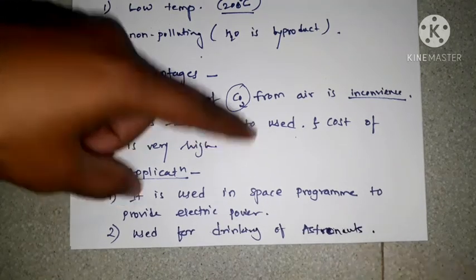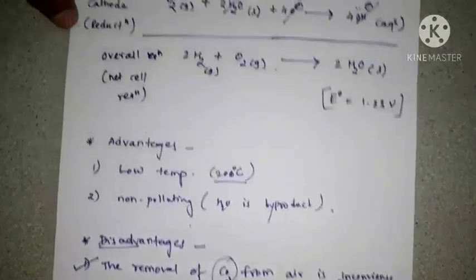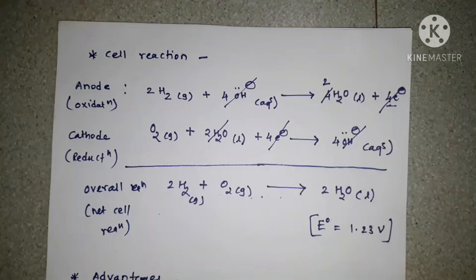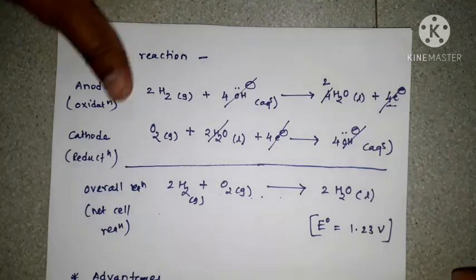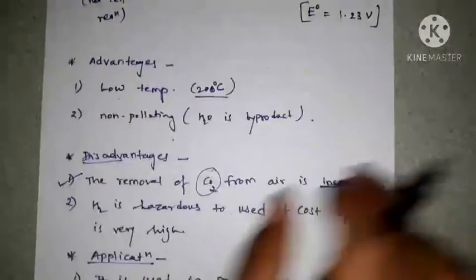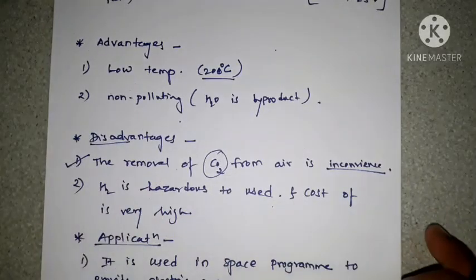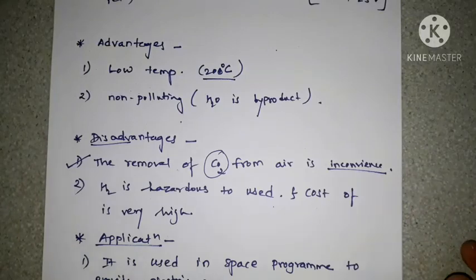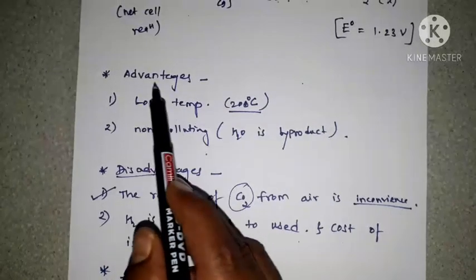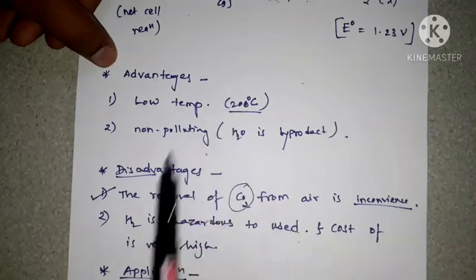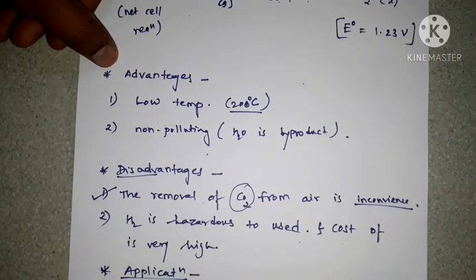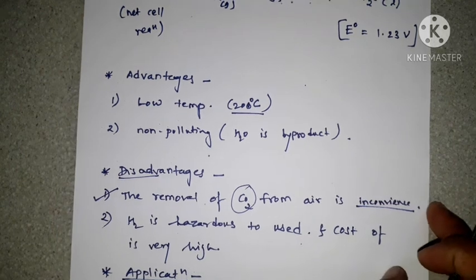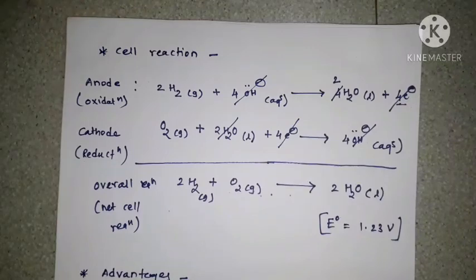Okay, so this is all about the alkaline fuel cell. Okay, and it is for 4 marks, and the remaining advantages, disadvantages and applications, it is again for a one mark question. Okay, they can ask directly for 3 marks, give the advantages, disadvantages and applications in the exam, so it is also important. Okay, thank you.